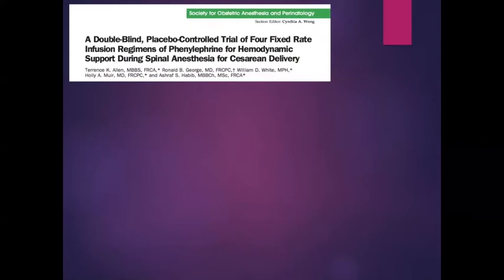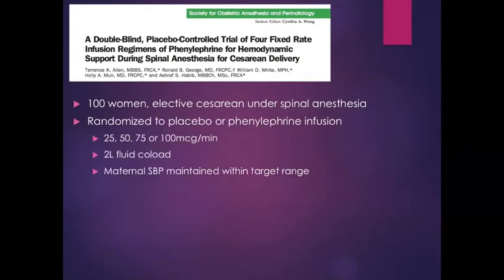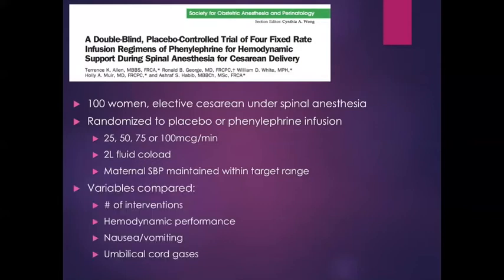100 women undergoing elective cesarean delivery under spinal anesthesia were randomized to placebo or prophylactic phenylephrine infusion at various rates. They all received a 2-liter fluid co-load, and maternal blood pressure was maintained within a target range. The authors compared the number of rescue boluses, hemodynamic parameters, incidence of nausea and vomiting, and umbilical cord gases between